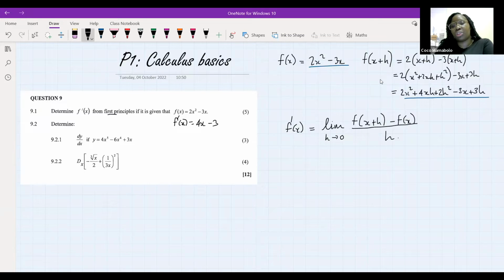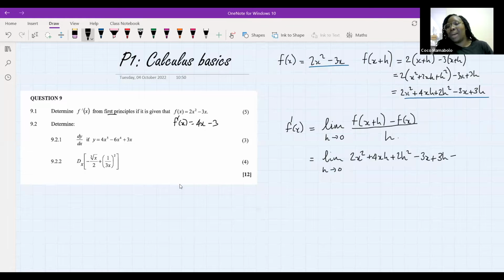Okay, then we're just going to continue. Remember, we do not leave the limit behind until we get to the very final answer. So we're going to take it with us all the way, right? The limit as h approaches 0. Now my f of x is that long thing, so I'm going to replace it here. 2x squared plus 4xh plus 2h squared minus 3x, because that is now minus 3x plus 3h minus,